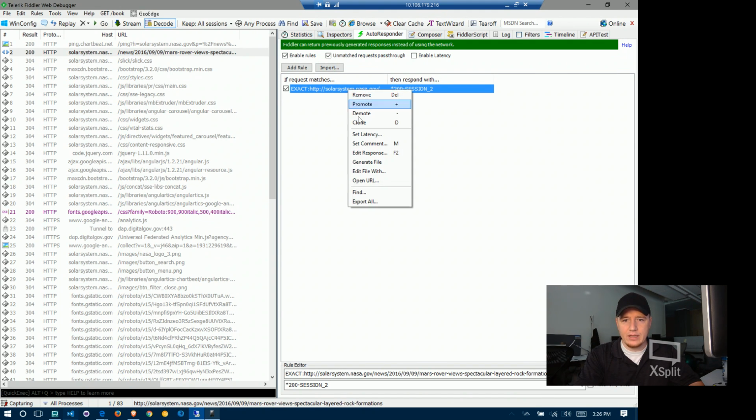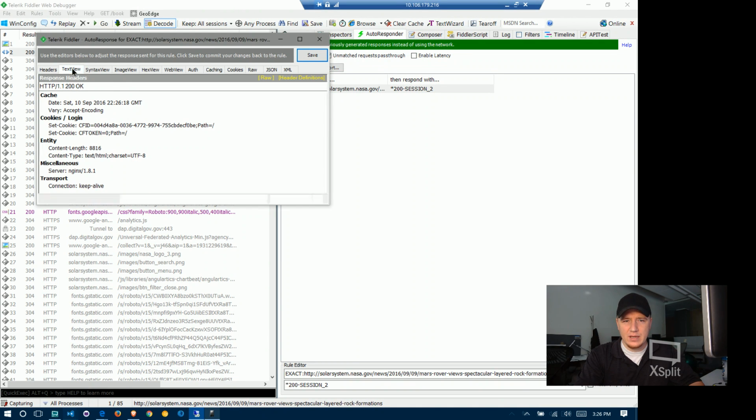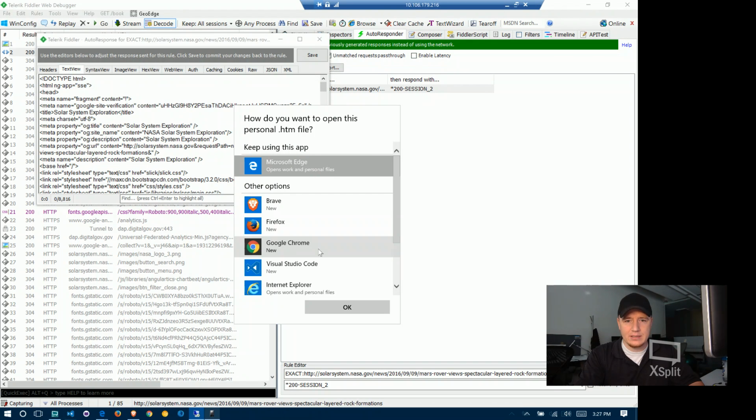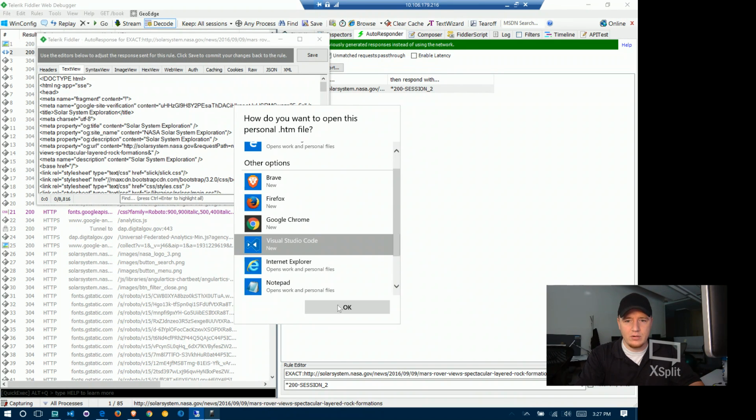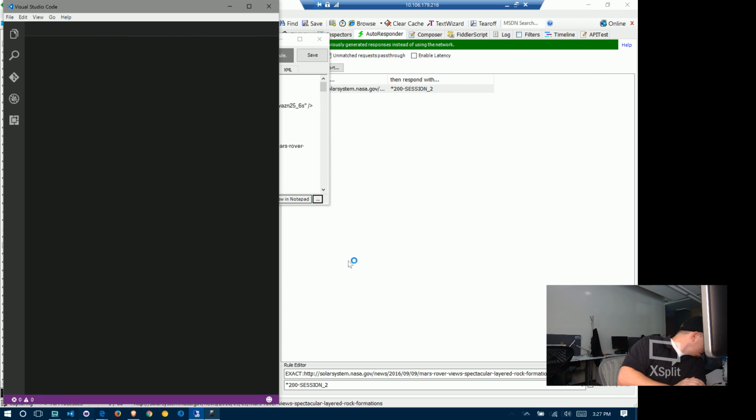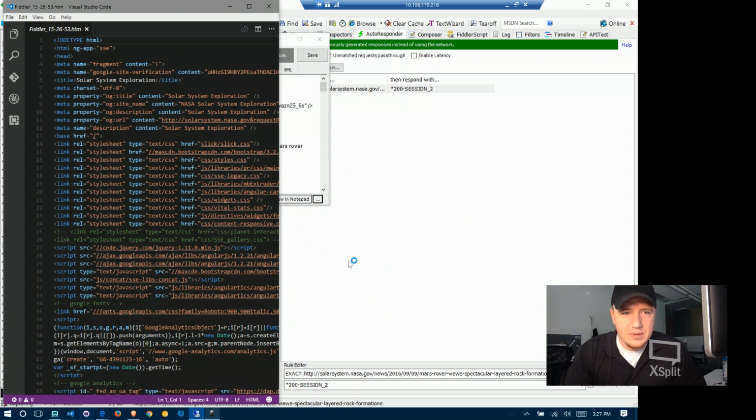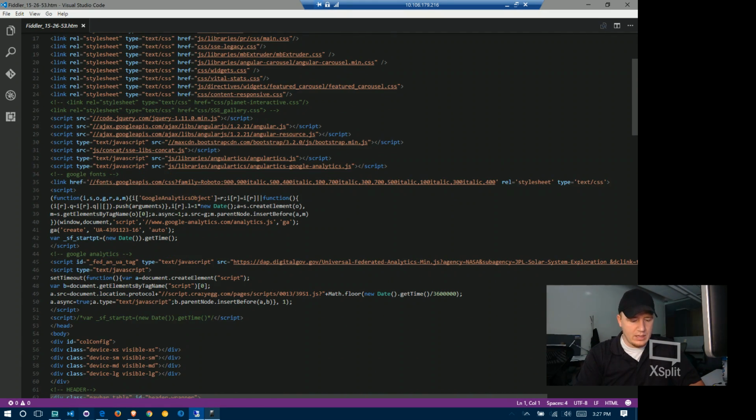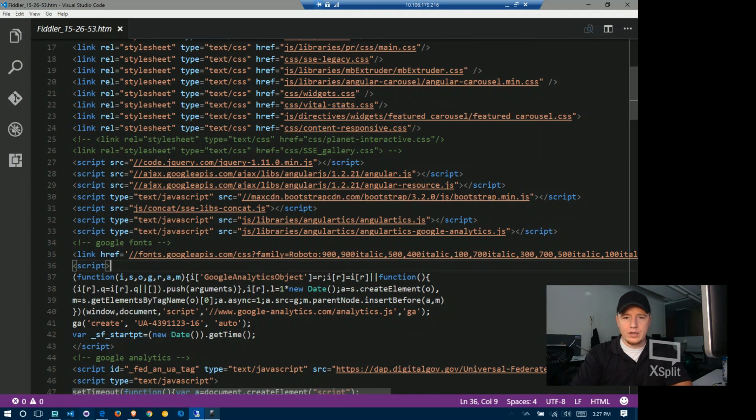And I'm going to right click on this and go to edit response, text view, and down here I'm going to select a different application to edit this code. I'm going to select Visual Studio Code and press OK. So this opens up the page inside Visual Studio Code. This is now the source for the site that we're looking at. I'm going to beef up the size of this just a little bit, and we're going to go down,